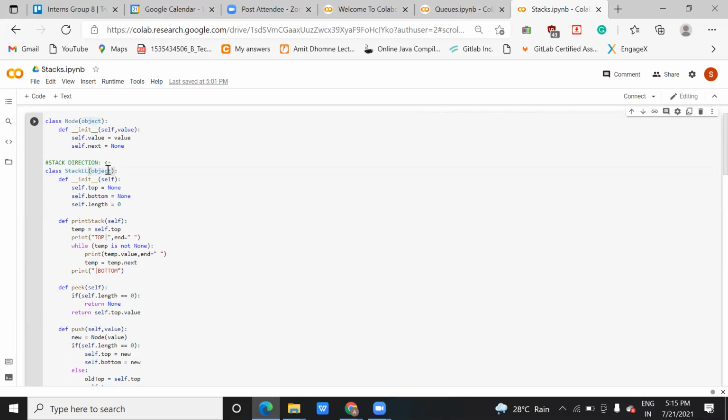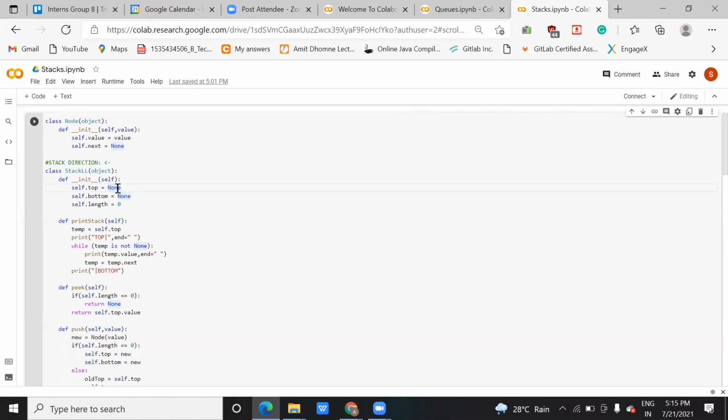Now inside this stack, this is a constructor we have created. It is going to check self.top, meaning is my top element None. If your top element is None, does that stack have any element? Can you tell me? Top is one variable, or pointer, which points to the top element. If it is None, does the stack have any element?